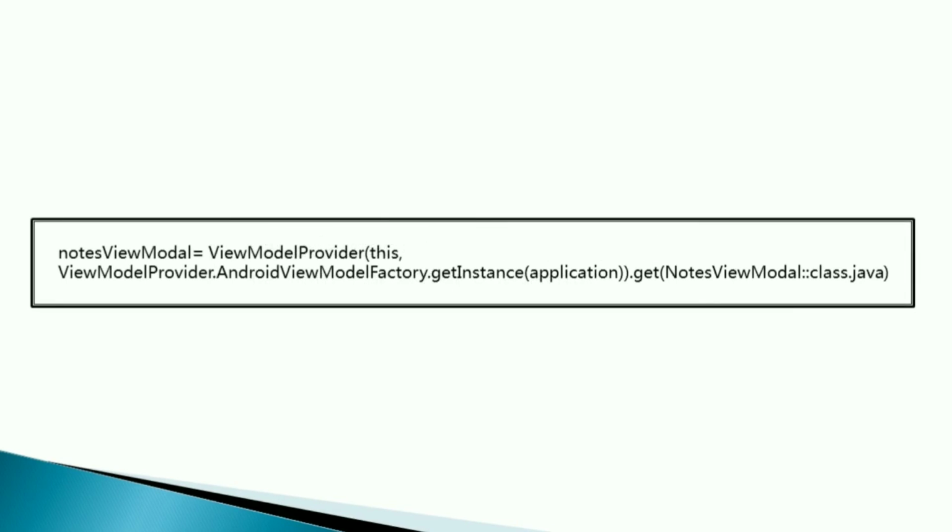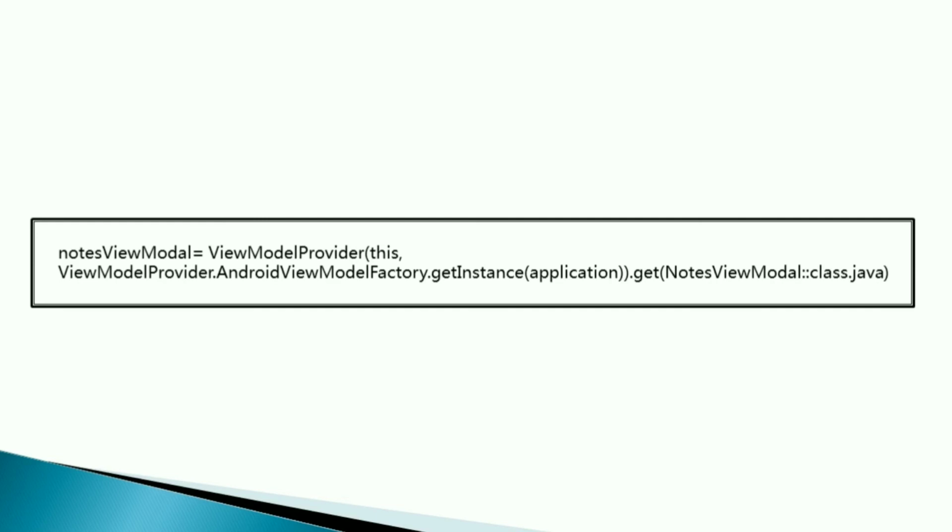Now, we are initializing variable notes_viewModel declared in the beginning of the class. We are creating an instance of the class ViewModelProvider and calling its get method. Get method returns an existing view model or creates a new one. We are passing this view model to the variable notes_viewModel. Class ViewModelProvider provides view models. It creates view models via the given factory and retains them in the given store.